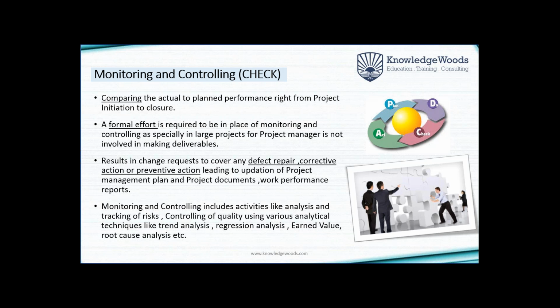Is it that the risks are increasing? Is it that we are getting more bugs, right? Is it that we are giving more scope? Is it that we are taking more time? Is it that we are incurring more cost, right? Is it that our people are getting de-enthusiastic? They are not enthusiastic now about the project. So stakeholder engagement is getting low, right? People are not getting the communication properly. So there are a lot of communication gaps also. So all these things we need to control.